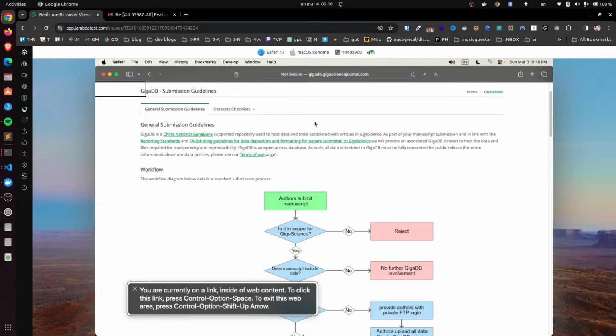Control Option lock or unlock VO keys. What does that mean? What is lock? The VoiceOver modifier lock. You don't have to press it, making it easier to. Oh, okay.